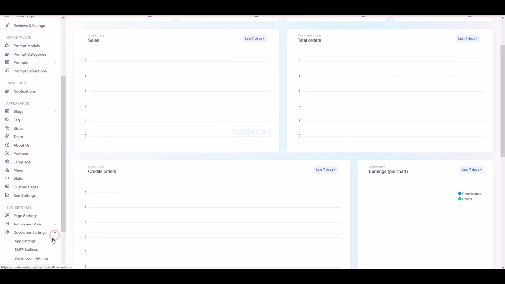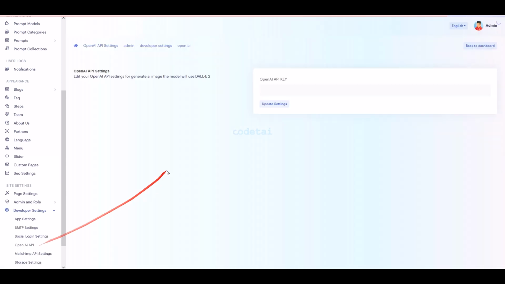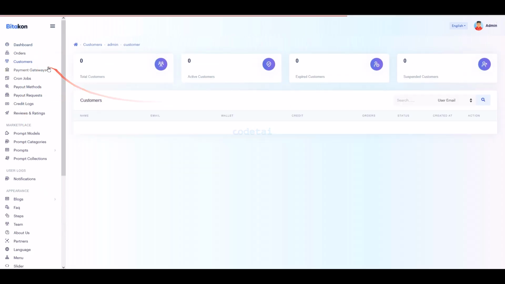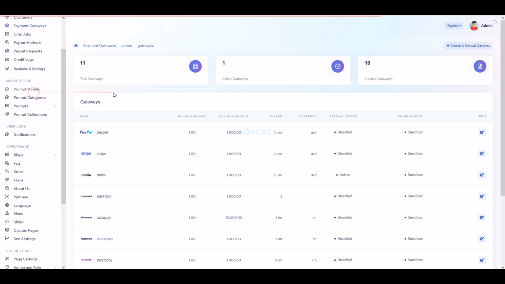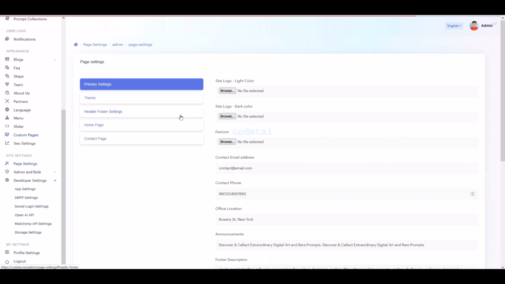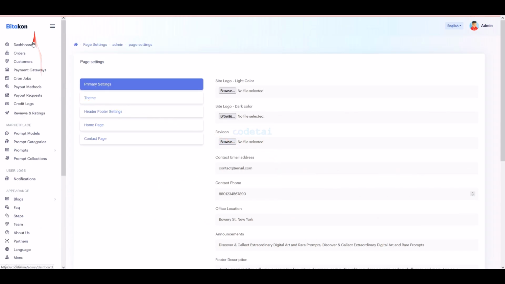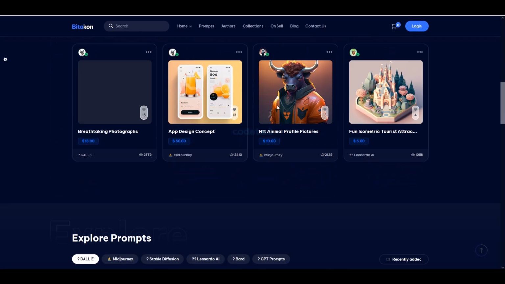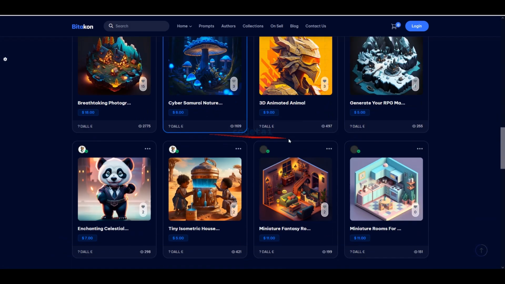You must add it to the OpenAI API website. You must study the important feature sections of this admin panel step by step. Or if you have any problems understanding the features section and functionalities of the admin panel, contact us and we will definitely help you. In this video we learn step by step how to create a Google Idea Buy and